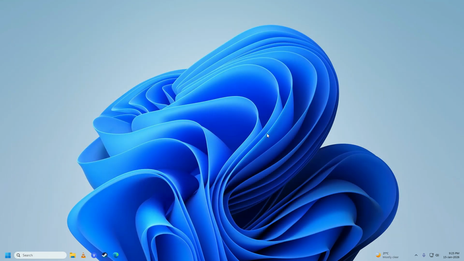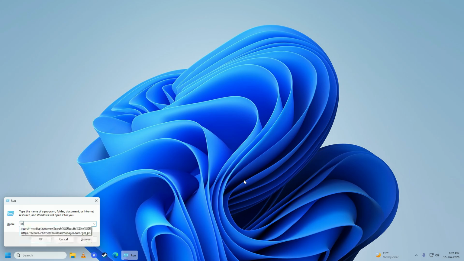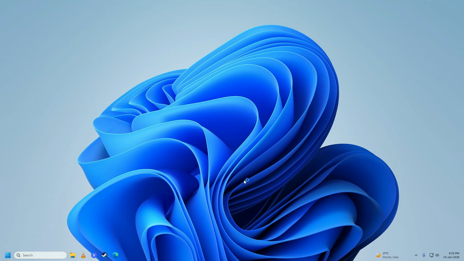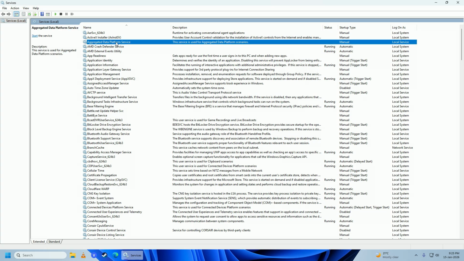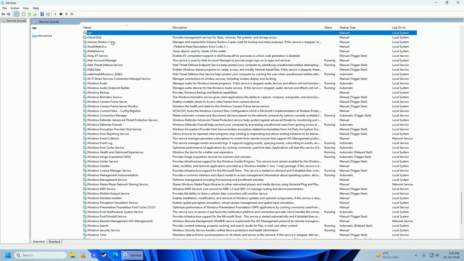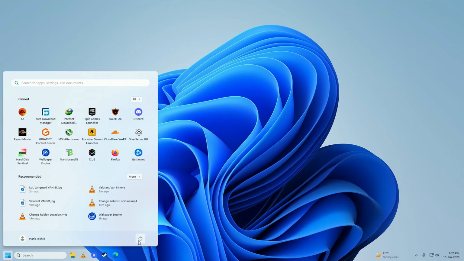After that, open up your Start menu, type Run, and then type services.msc. Now look for the service called VGC. Click onto any service and press V on your keyboard. Here it is. Right click on it, go into Properties, click Startup type, and set it to either Automatic or Automatic (Delayed Start). After that, click Start under Service status, click Apply, OK, and then restart your